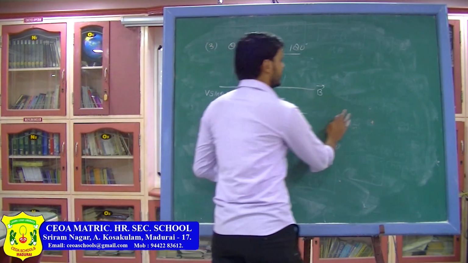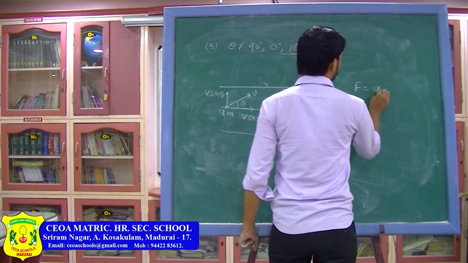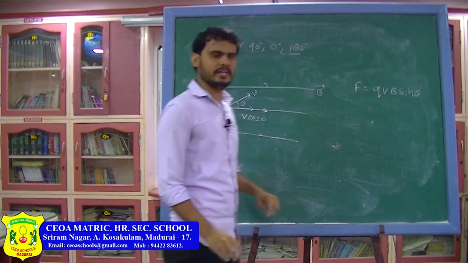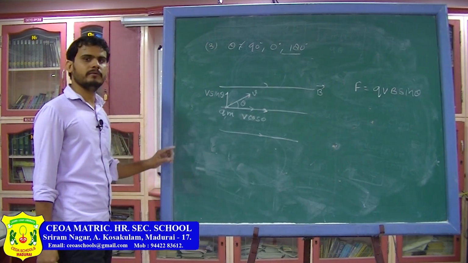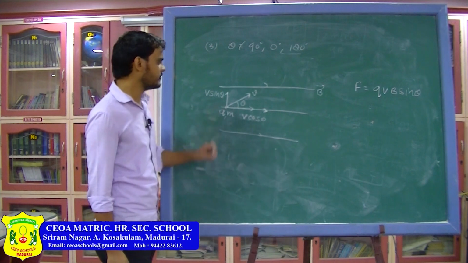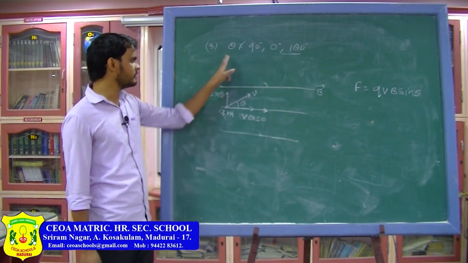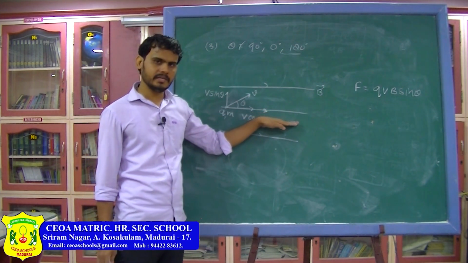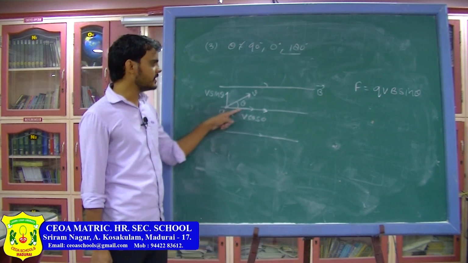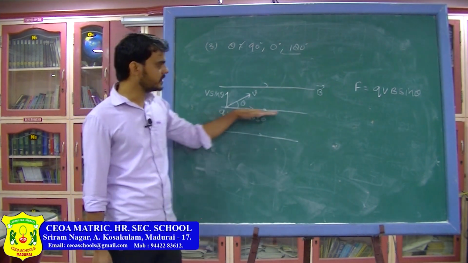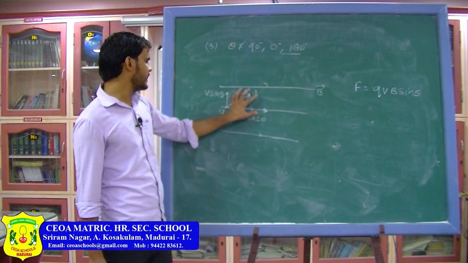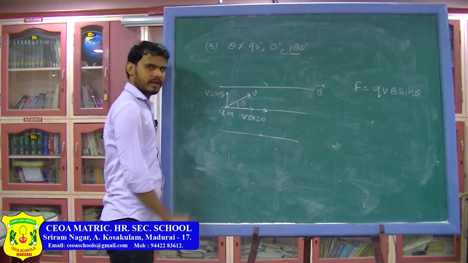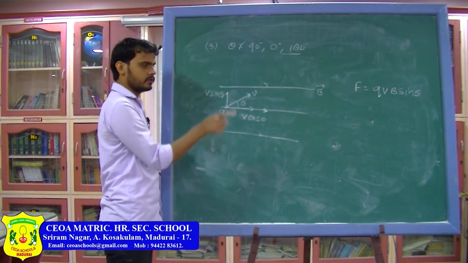So if I want to write it, the magnitude of the force will be qvB sin theta. This is the formula for the magnetic force. Next, what I need to find is the motion of the particle. You have to imagine this from the two earlier cases. Suppose the particle has only the velocity which is parallel to the magnetic field. Then the particle will move on a straight line. Now suppose the particle has only perpendicular velocity. If the velocity of the particle is perpendicular to the magnetic field, the particle will undergo a circular motion like this.